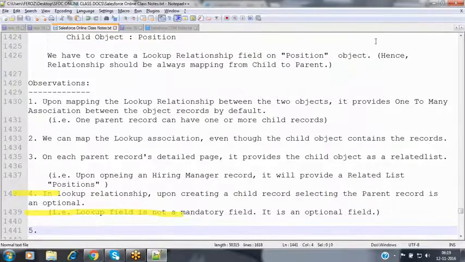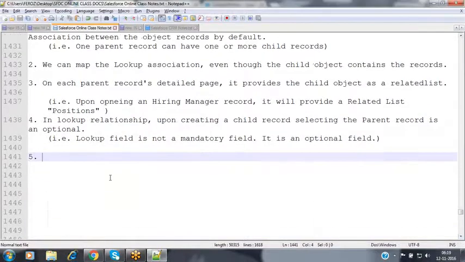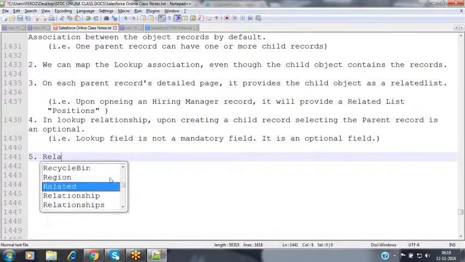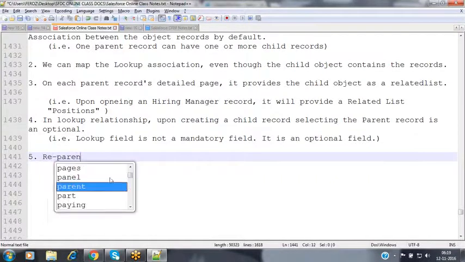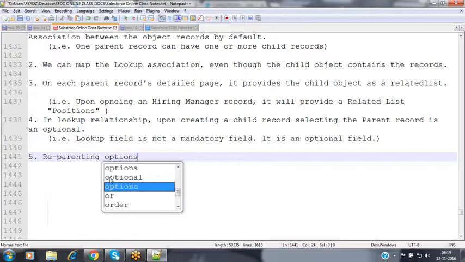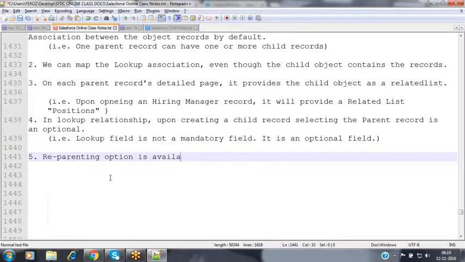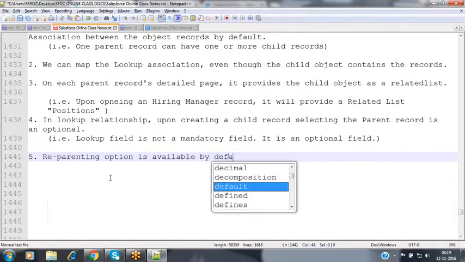Now make a note of it here. So in the lookup association, we have observed the reparenting option is available by default.